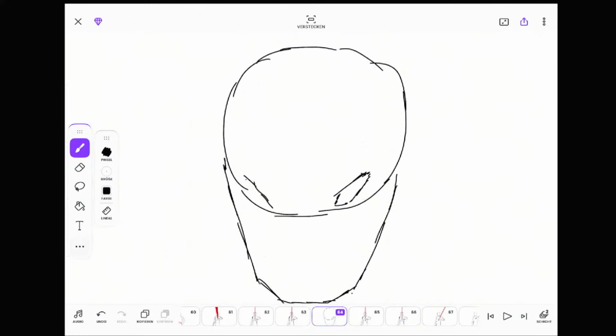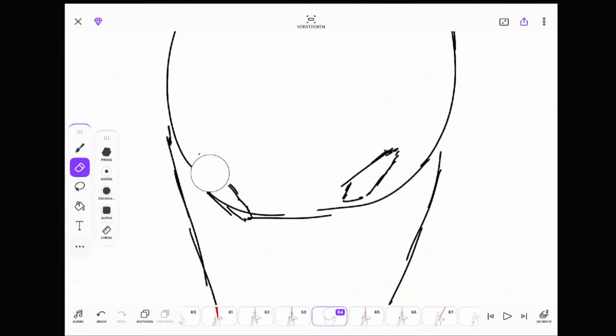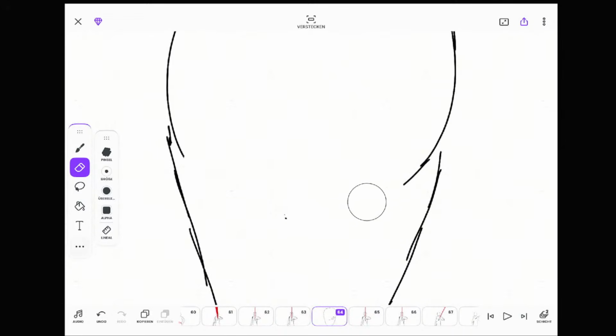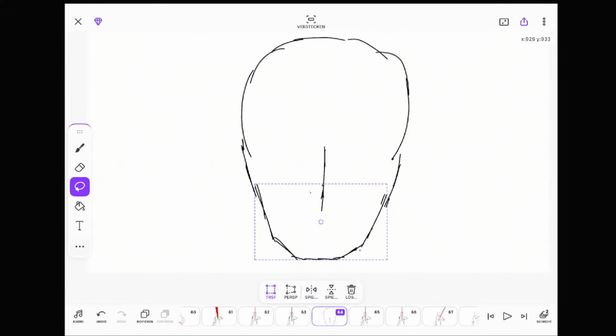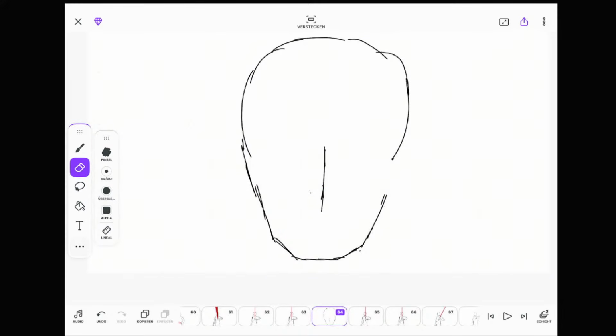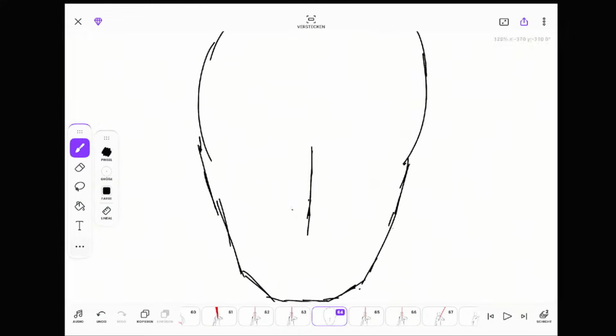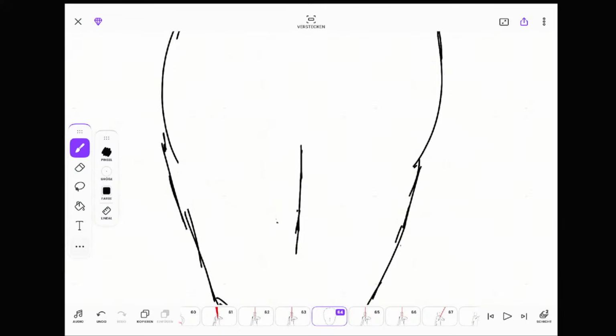Eyes. A little bit smaller. Too long. I think right here I'm doing this shape.